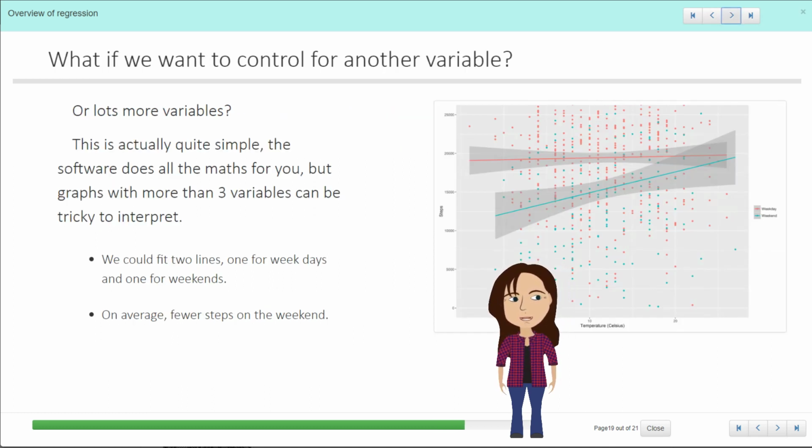What if we want to control for another variable or for lots more variables? It's actually quite simple, and the software will do all the maths for you. It's difficult to graph more than 3 variables together. So in this case, he's wanted to control for whether it was a weekday or the weekend, because obviously we have different behaviours whether we're at work or not. And so on average, you can see that there were fewer steps on the weekends,